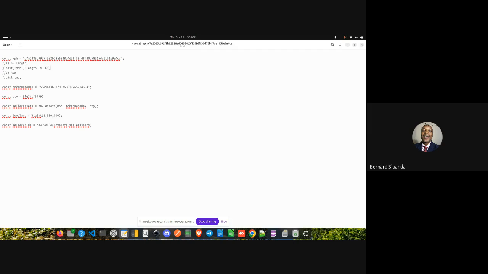Then now we put that MPH. Then we call on a matchmaker from the JTest library. Then here we say equal, EQ. So here under MPH, we need to call the length part like this, MPH dot length. And then we come here, equal to 56. So this is a valid test. It's testing one property of MPH, which is the length.